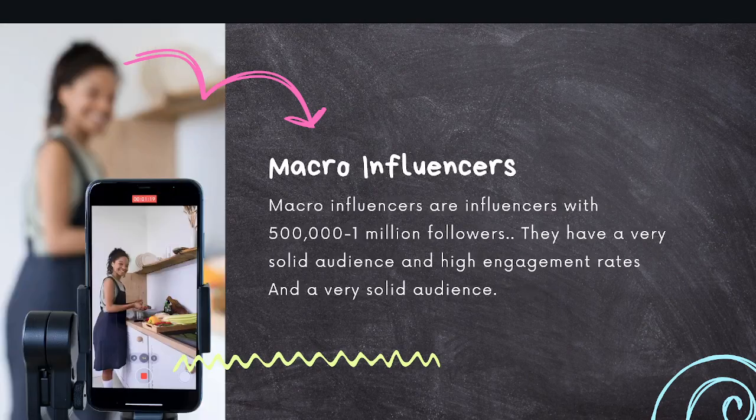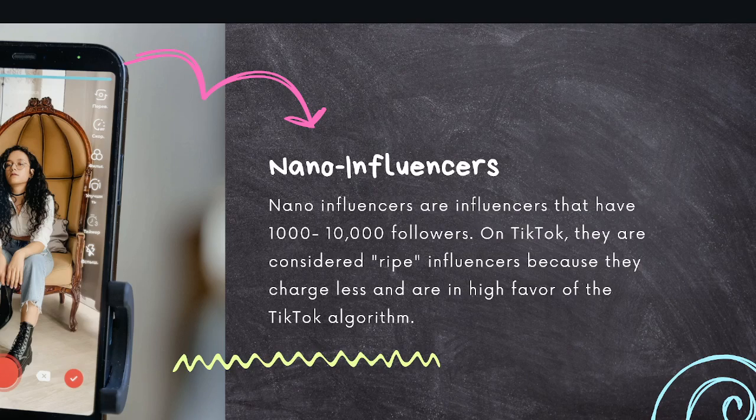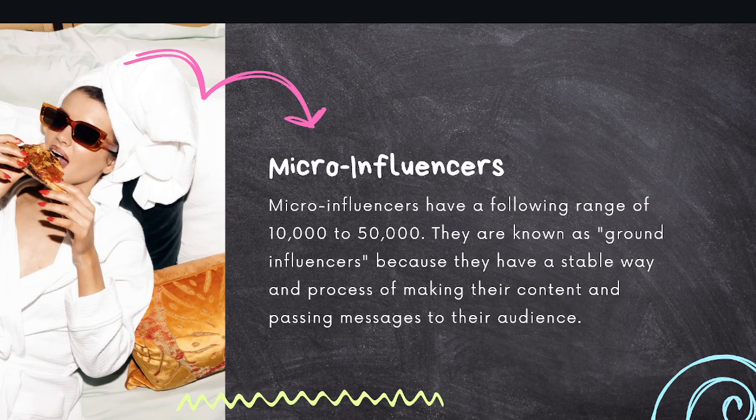But like I suggest, for a small business, it won't be bad if you use a nano. I know you might want to do it big, like let me pay these big ones. But majority of these big ones have a lot of people in their DM, so it's even hard to reach them. So I would suggest you start with the small ones and make sure that you study their page to see how much effort they put into promoting brands or promoting their own brand. And you can also go with the micro, very good.